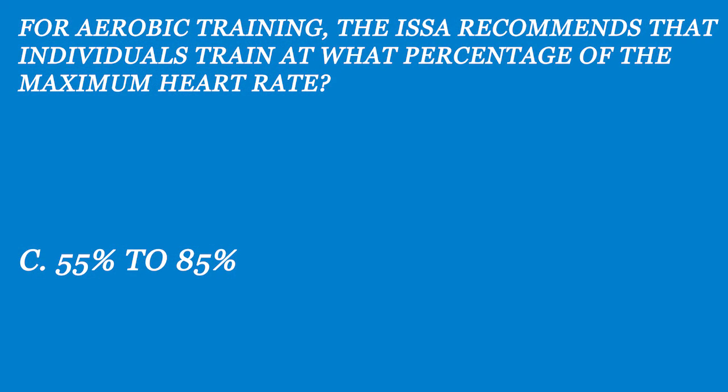Over time, aerobic training improves the efficiency of these systems, allowing training at higher absolute intensities for longer periods of time. The ISSA recommends performing aerobic exercise at intensities that drive your heart rate from 55 to 85% of your age-predicted maximal heart rate, which you can calculate by subtracting your age from 220. Newer exercisers should be at the lower end of this range, while more experienced aerobic exercisers can push up to